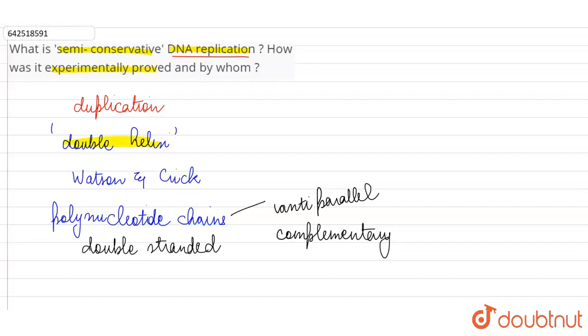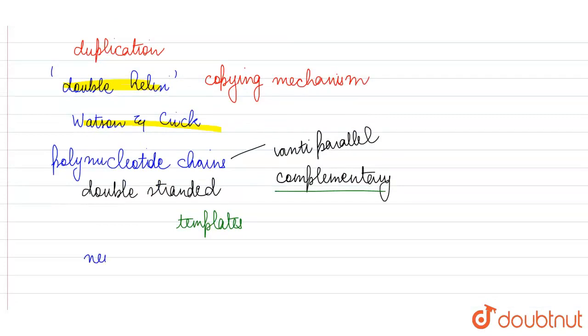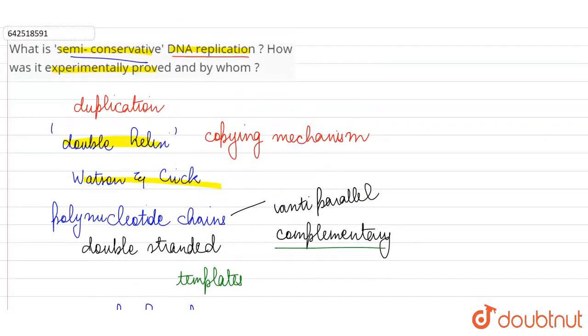Now, as soon as they gave us the double helix model, Watson and Crick also suggested a copying mechanism for the replication of DNA, and they guessed that both of these strands of the DNA act as templates for the synthesis of complementary strands. But whenever there is a newly formed DNA, we are going to find that this DNA replication is semi-conservative, which